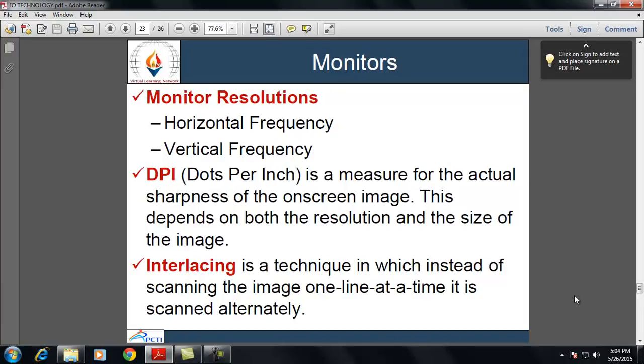In horizontal frequency, the time to scan one line from the left edge to the right edge of the screen horizontally is called the horizontal cycle, and the inverse of the horizontal cycle is called the horizontal frequency, and the unit of measuring it is kilohertz. If we talk about the vertical frequency, then like a fluorescent lamp, the screen has to repeat the same image many times per second to display the image to the user. The frequency of this repetition is called vertical frequency or refresh rate.